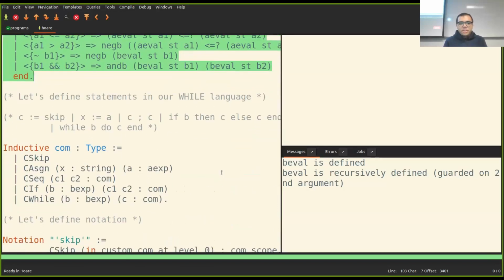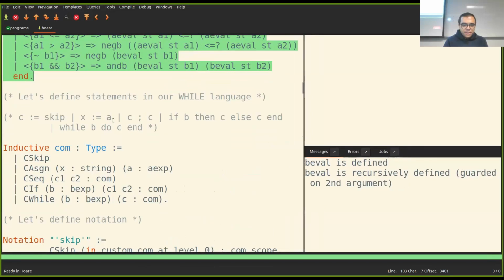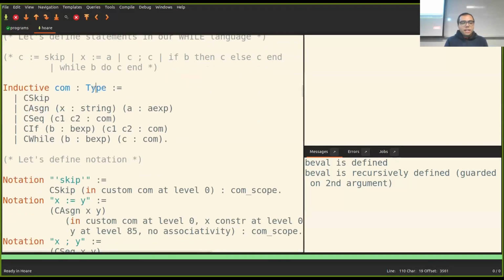So now that we have our expressions, we can actually define the statements or the commands or the programs in our while language. And remember that when I was teaching you about the while language, this was the syntax that we wanted to have. So I want to have skip, I want to have assignment, sequential composition, if, and while. So now again, I define